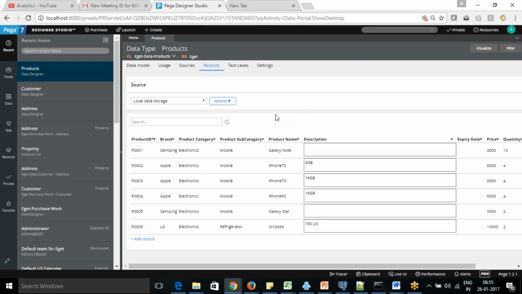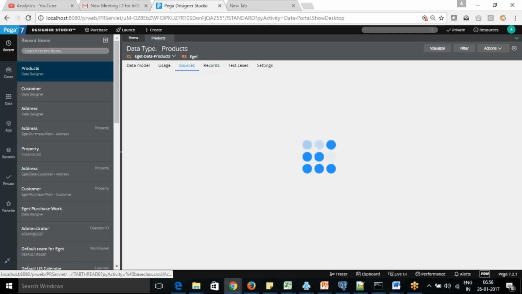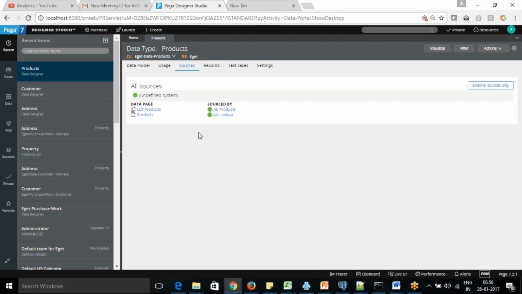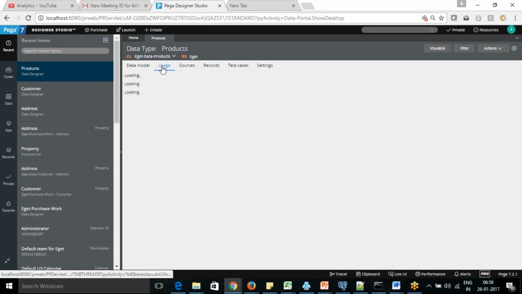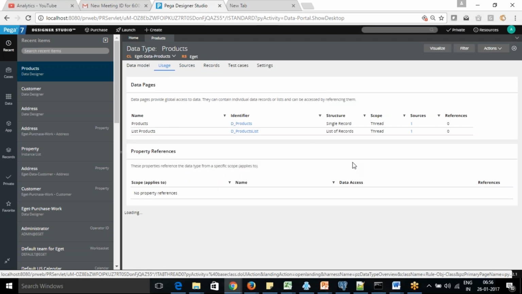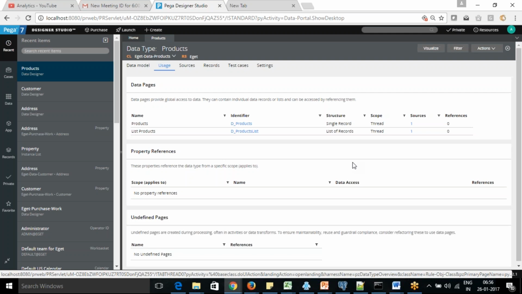So this way we are able to create the local storage. Okay, I'll show you what the use of local storage is. If you want to access the data, Pega creates the source, right? That's the concept we call a page list, like your data page. Okay, so we'll continue with the data page in tomorrow's class. Okay, so how is this going to relate to the data page?